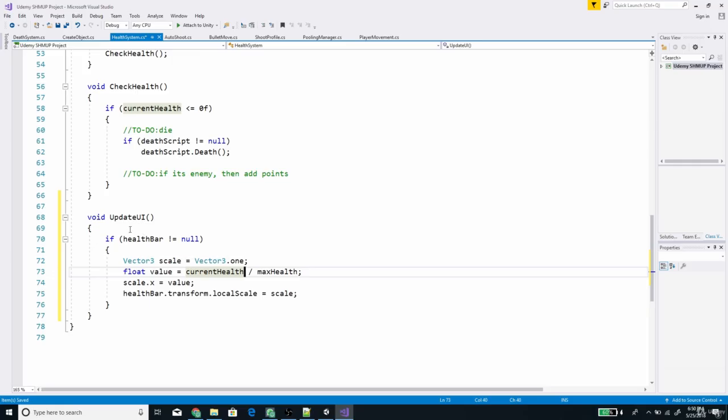So basically this update UI method is going to check first if we have a reference inside the health bar variable, or is it null. And if it's not null, then it will run the code inside of the block. Then we are creating a Vector3 value called scale, and we are setting the value to Vector3.one, which is 1 on all of the axes, and we are going to use this to change the scale of the health bar. Next we are creating a float value, and this will be the x-axis scale for the health bar. For the value, we are dividing the current health by the max health,